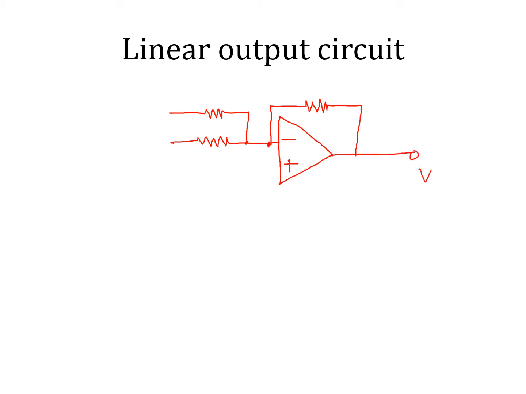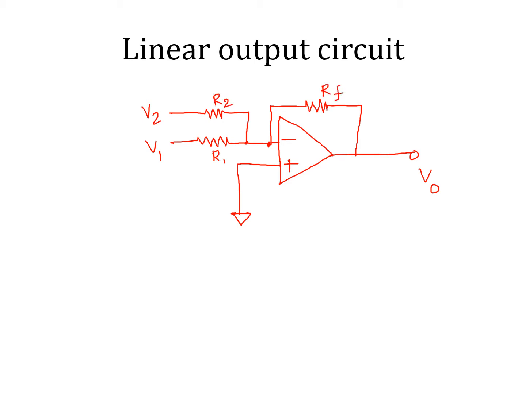If this is V0, we can simply ground the non-inverting terminal. So if this is V1, this is V2, and this resistance is R1, this is R2, this is our feedback